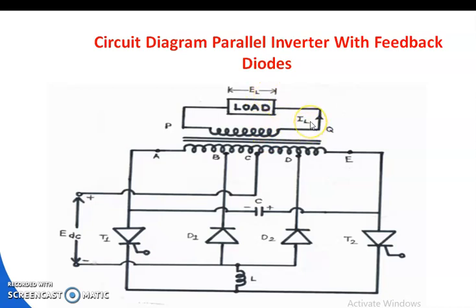IL is the load current marked here, and B, C, D are the tapping portions or different connections of the diodes. The diode D1 is connected at the tap portion B, diode D2 is connected at the tap portion D, and this one is the supply voltage terminal connected just at the middle of the primary winding of the transformer.